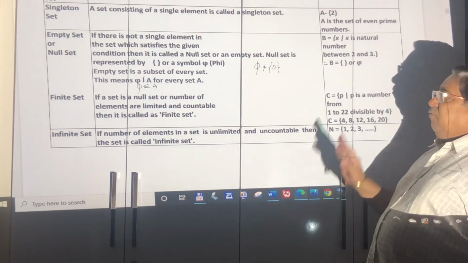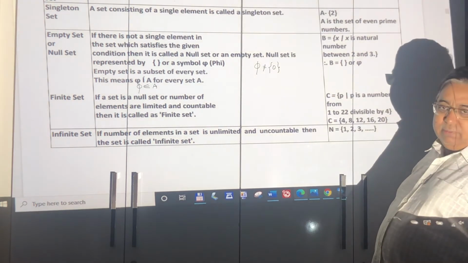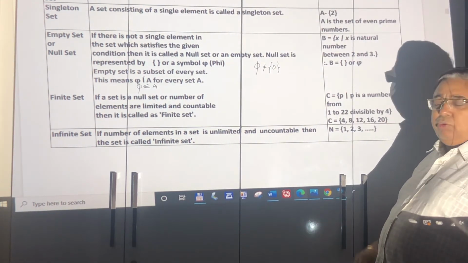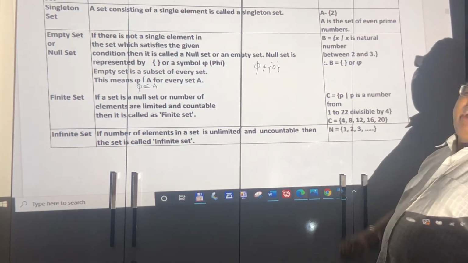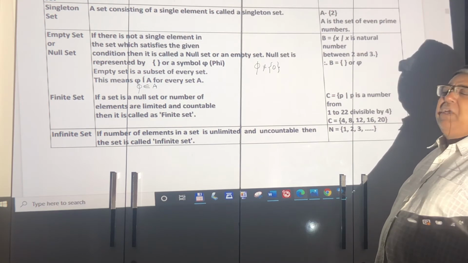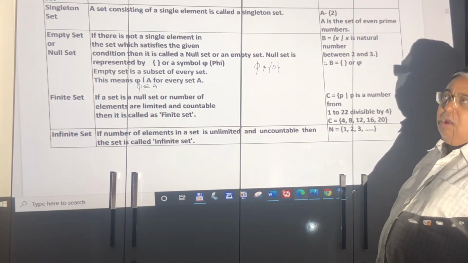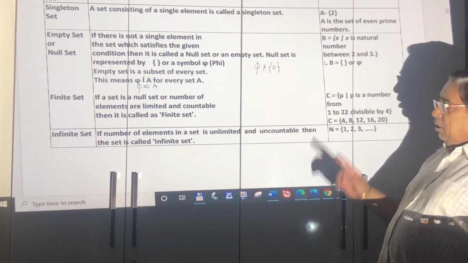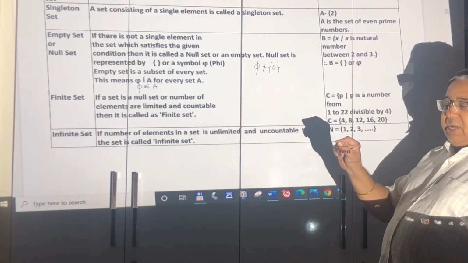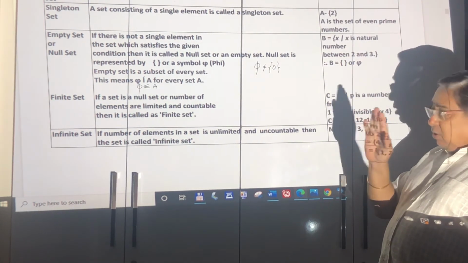Now, if we can count the members in your class, there are 20 students, I can count. There are 70 students, I can count. It is called a finite set. But if I cannot count, how many trees are present in the Amazon forest? I cannot. How many stars are in the sky? It is called an infinite set. Dot, dot, dot, infinite set. Bracket close, no dots, it is a finite set.